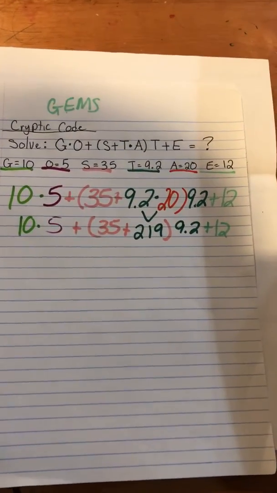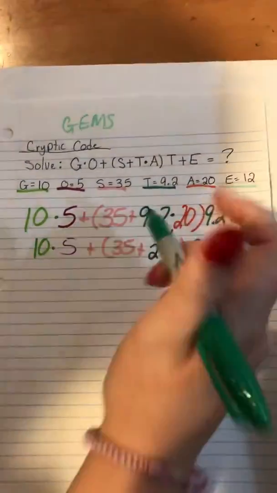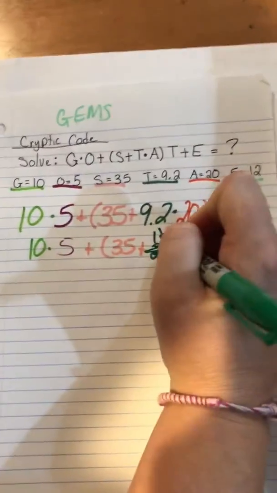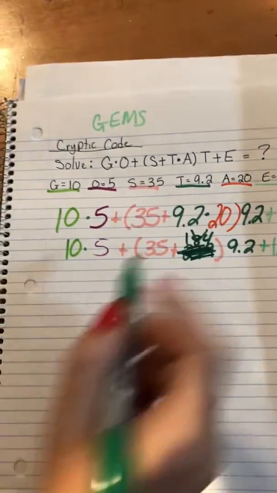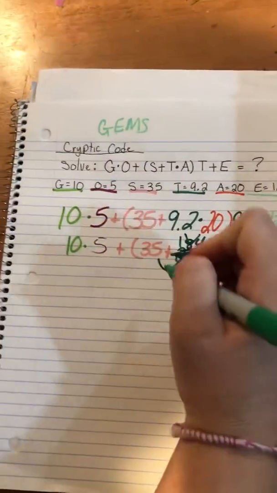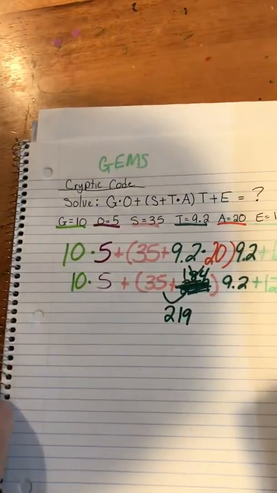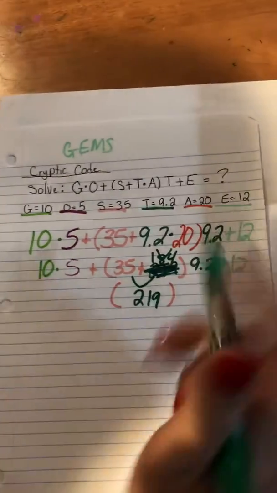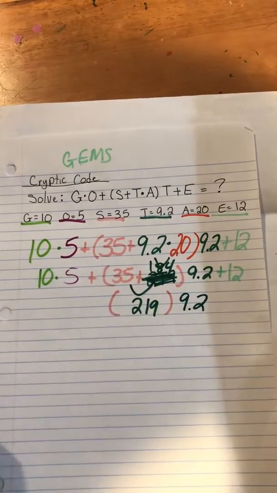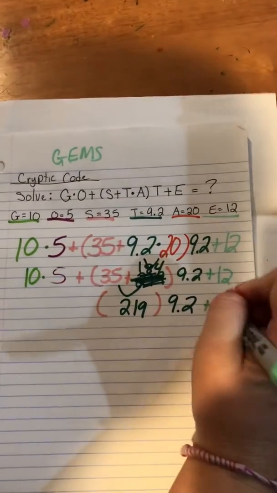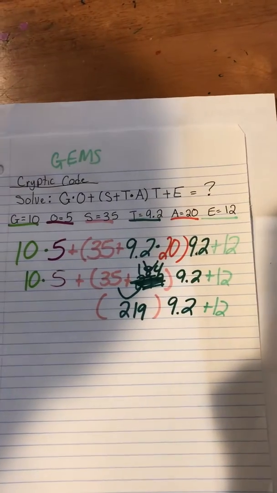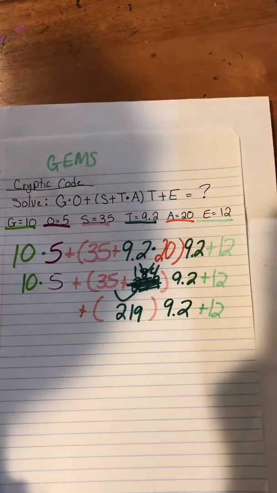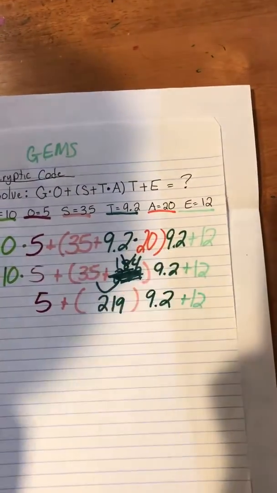Oh, I wrote 219. Thank you. It's not 219. It is 184. I skipped a step. 184 plus 35 is what the 219 is. Good thing I have someone checking over me because Mrs. Mann makes mistakes just like all of you may. 12, 5,